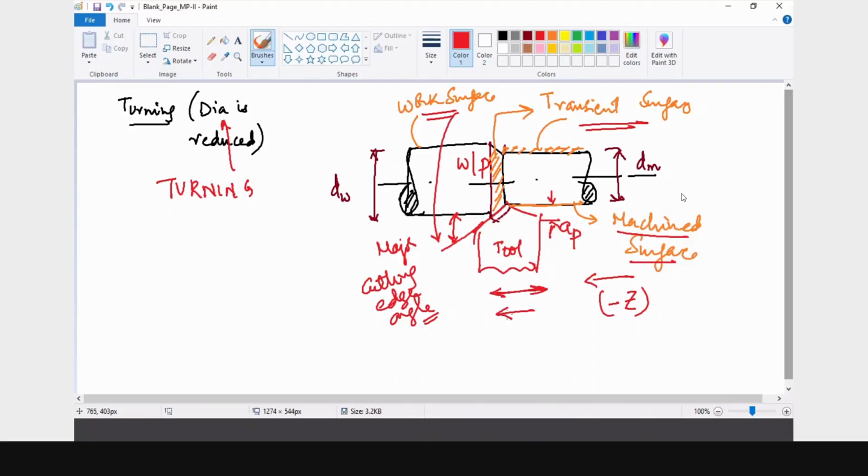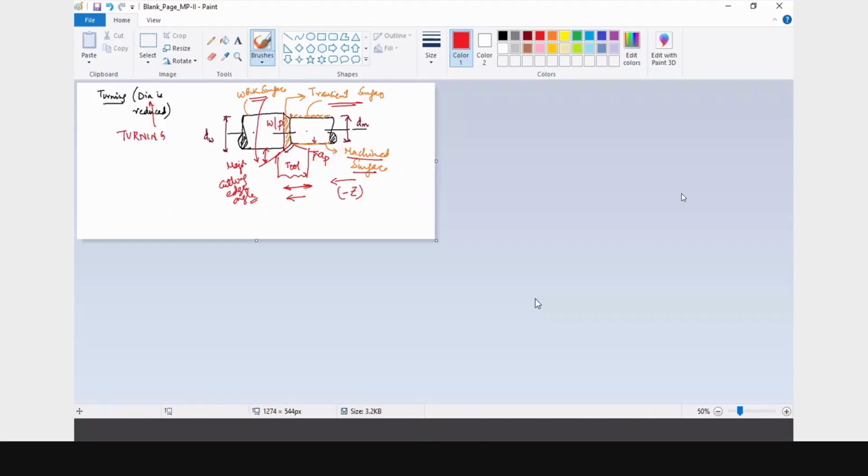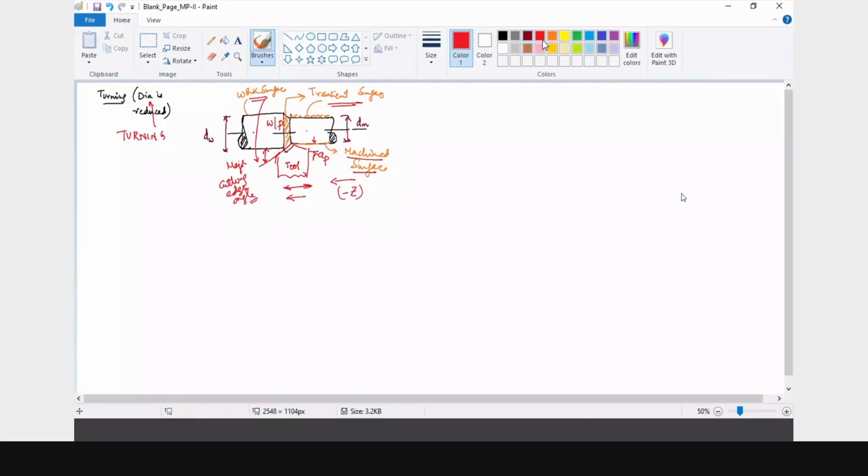The same tool, if I move it in the transverse direction, let's say you have the workpiece something like this, and the tool which you are going to have, this one we have seen here, it has to move in this direction.